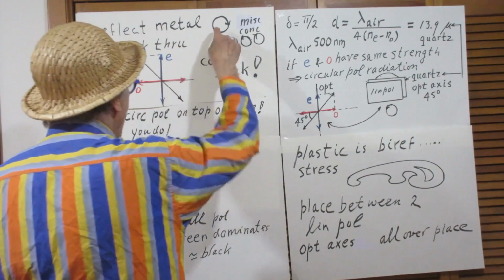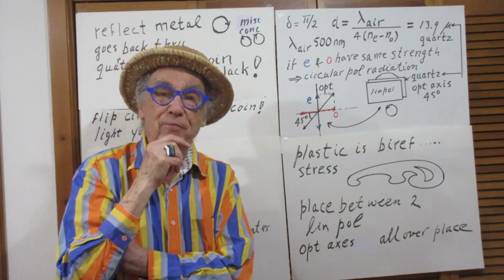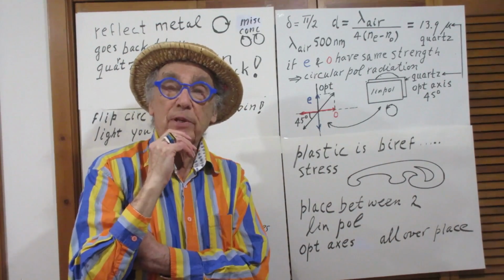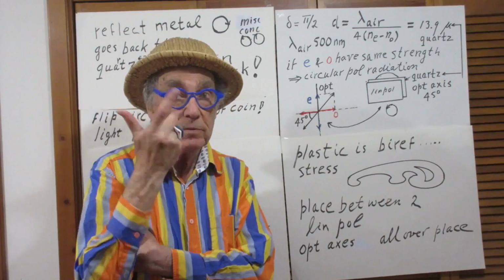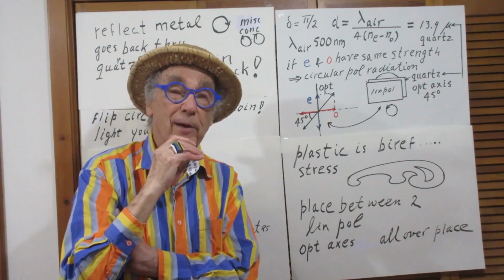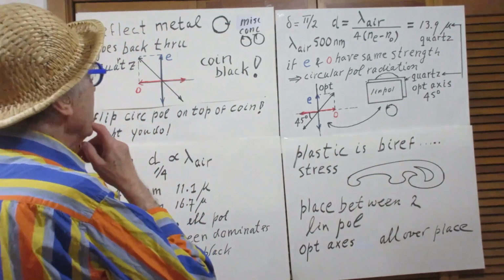And when electromagnetic waves reflect off metal, the direction of the E vectors flip over 180 degrees. That's a separate issue, but quite easy to understand why that is. So as a result of that,